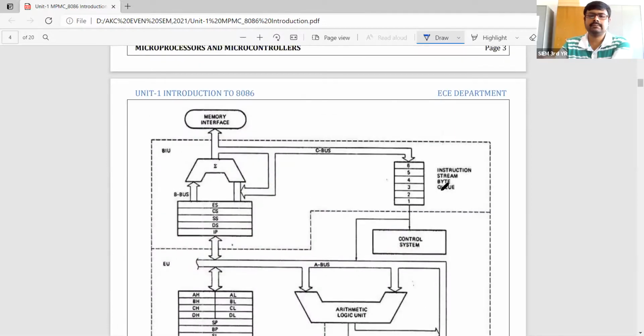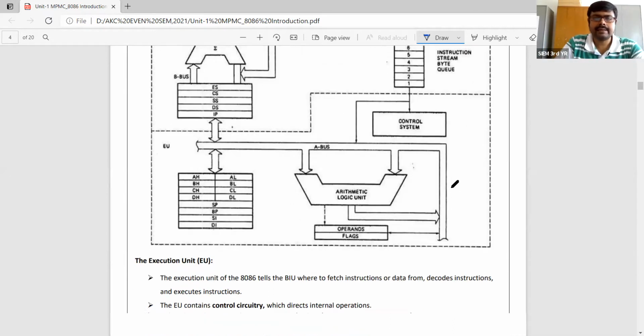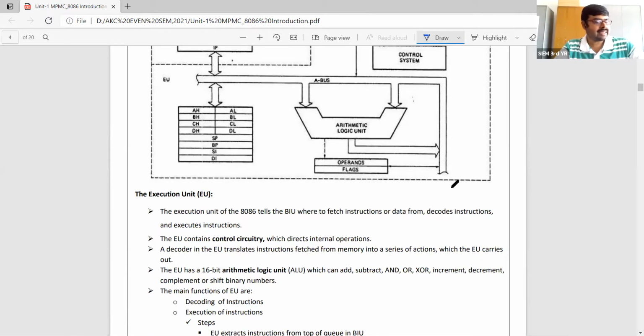If you remember, in the last class we ended our discussion with the architecture, the block diagram of the 8086 microprocessor. That was the last topic we discussed in our previous class. In this architecture, we saw the BIU and the EU, that means the bus interface unit and the execution unit. We identified the different components of the bus interface unit, and we discussed what we can find in the execution unit. After a long time we are meeting again, so for this session I want to briefly recapitulate.